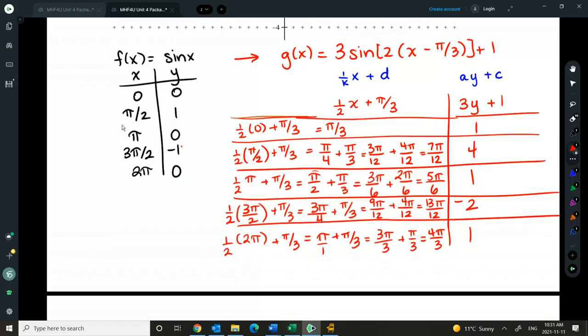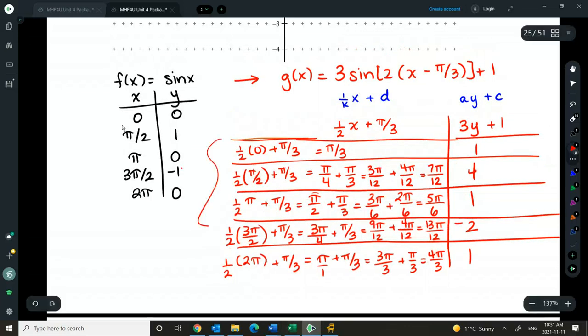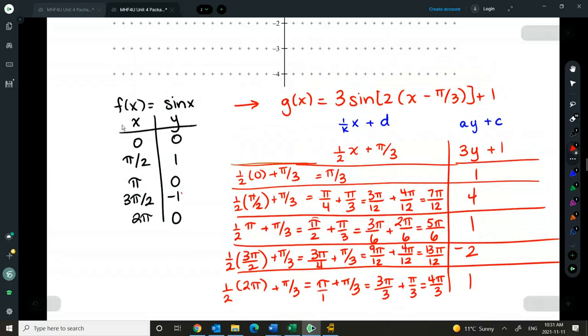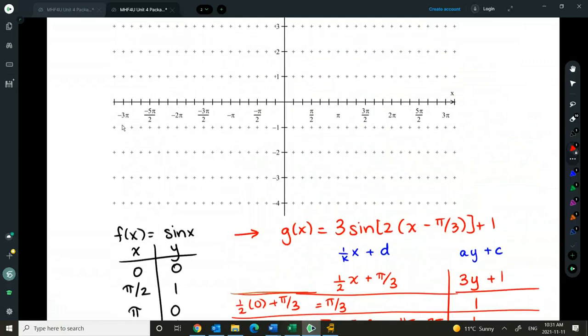Okay, so a little bit of fraction work there. If you need to plug it into your calculator, of course you can do that. If you want to develop your math skills, it's never a bad idea to work on that yourself and be able to do it without your calculator. Common denominators, fractions, we know how to do this, right? Just create a common denominator, add the numerators. Same with radians, right? Doesn't change just because we have pi's in there. Okay, so a little bit more labor intensive to get these x's, but we're calculating transformations in the same way